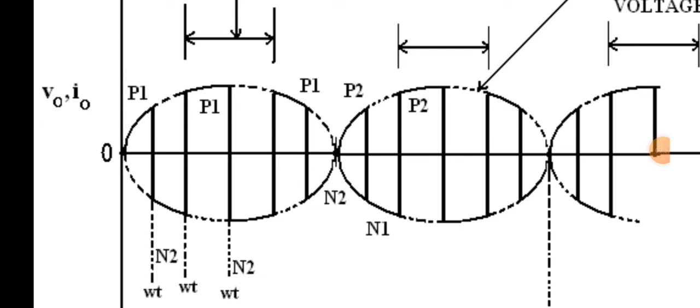From this figure, the output frequency F naught is higher than the supply frequency Fs. So here the output frequency F naught is equal to 6 Fs. So in this cycloconverter,